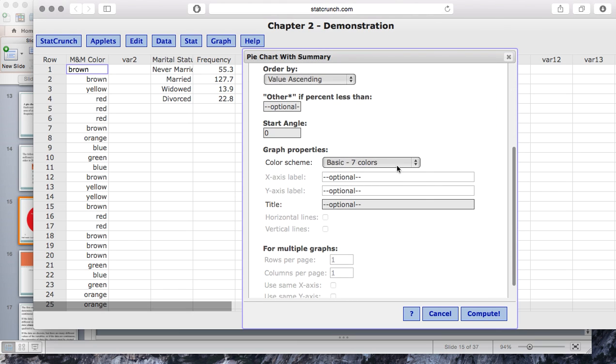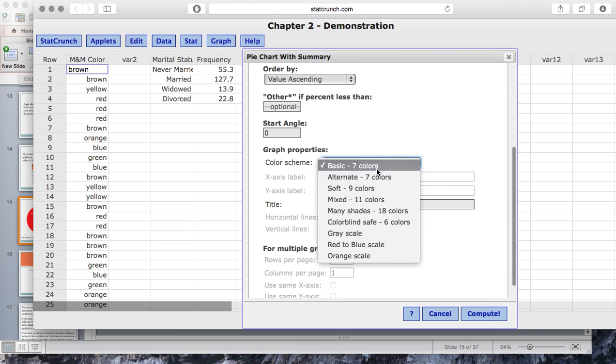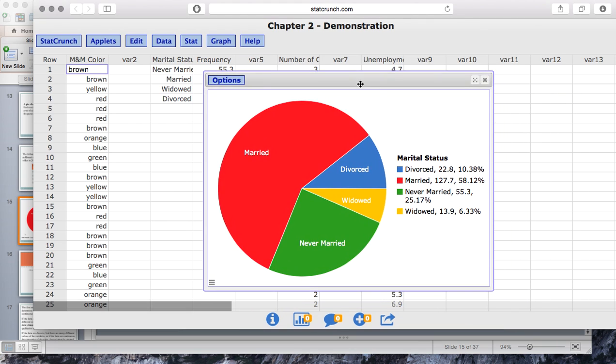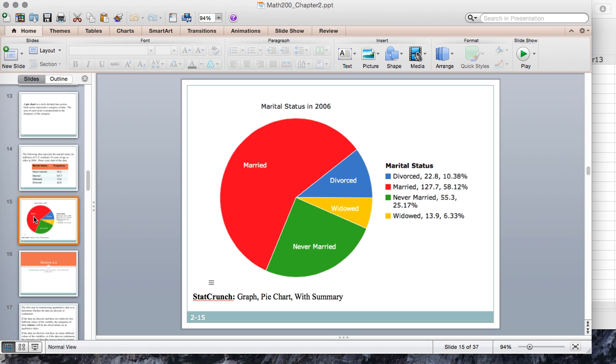And I'm good with the basic 7 colors. There are some other things you can select there, but this is good enough. We could add a title if we wanted. If I do compute, it shows me this right here. It's going to display the number, which is again in millions based on the raw data that was given. And then it also displays the percentage here. You can customize that a little bit to fit your needs. But that's how you create a pie